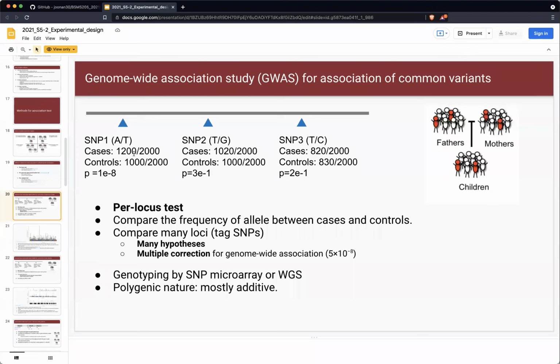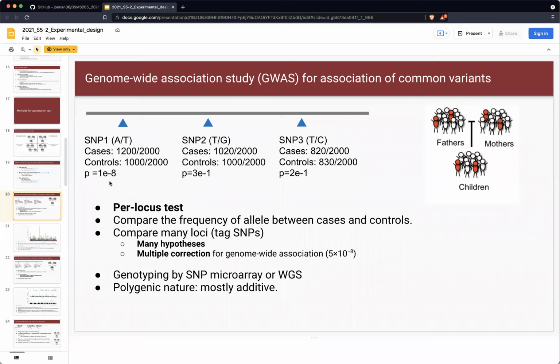Compared to cases, you have 1,000 people of controls having this genotype, right? So you can use binomial testing to calculate whether this difference is significant or not, right? Then you can calculate the p-value, whether that is a strong association or not,